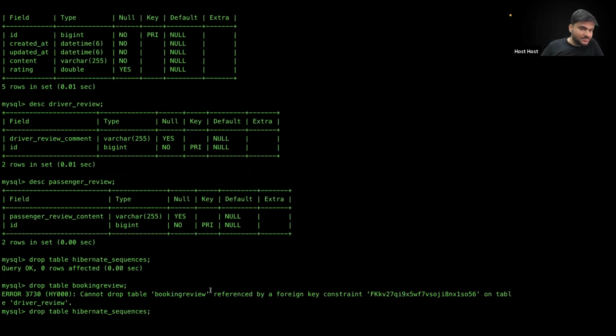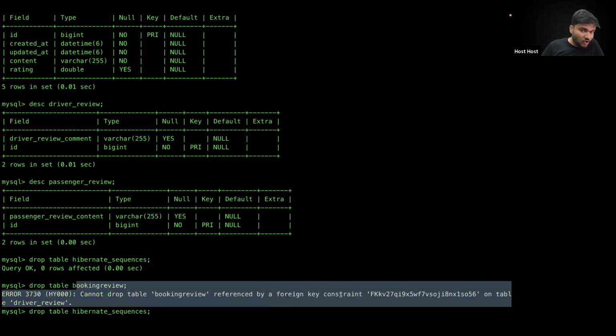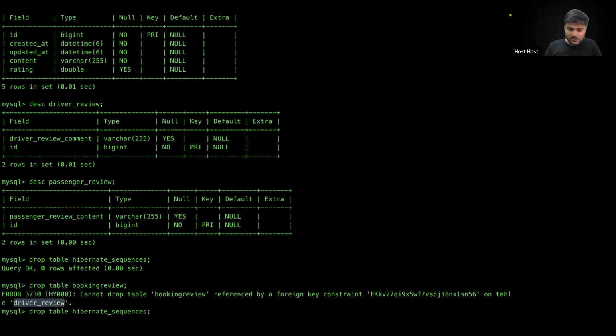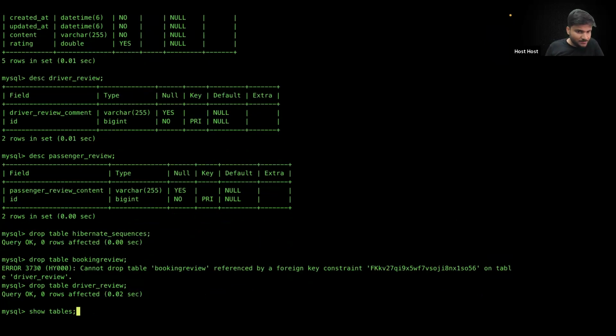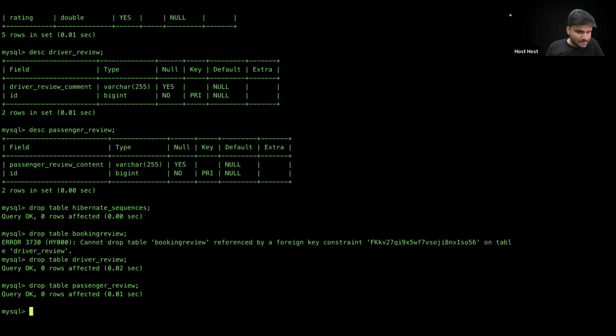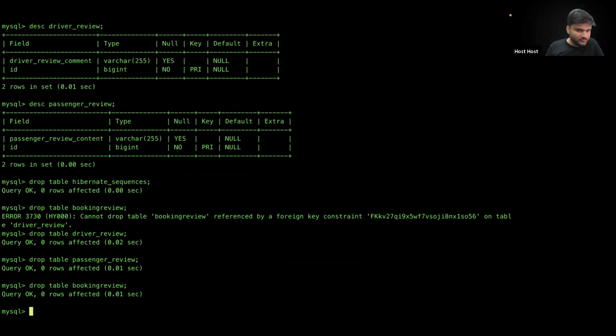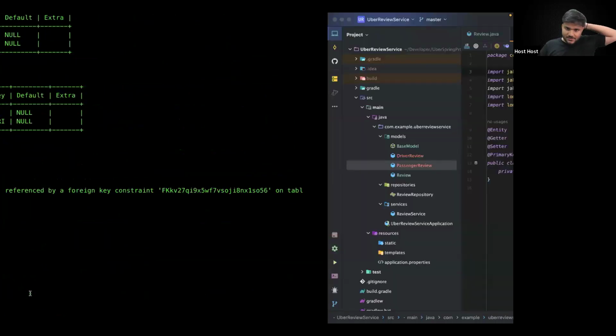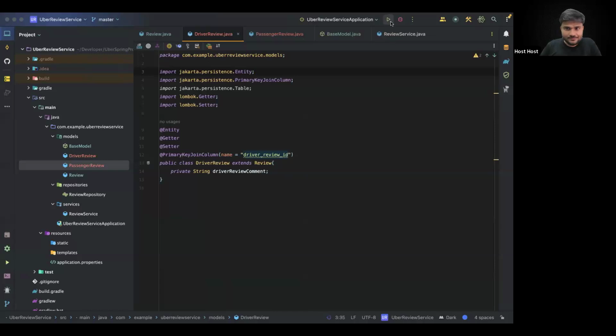Oh, sorry. You can see I cannot drop booking review because there is a foreign key constraint on the driver review table. So I have to first drop the driver review table. Then I have to drop the passenger review table. And now I can drop the booking review table. Now you can see no tables are present, show tables. No tables are present. And now if I run the code,